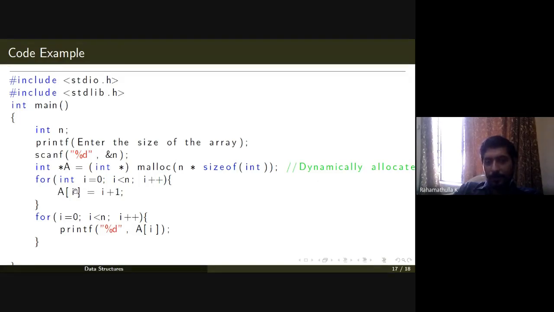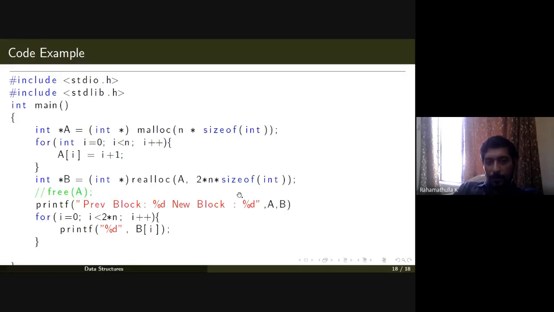Then you can access the array like this. This is going to be an array of size n. Let's say n is equal to 10, then it will have all values from 1 to 10. You can run this code and check the output of this code. Now let's say you have created this array and used it, and at a later point of time you realize that you need to store some more elements. I had created an array of size 10 only.